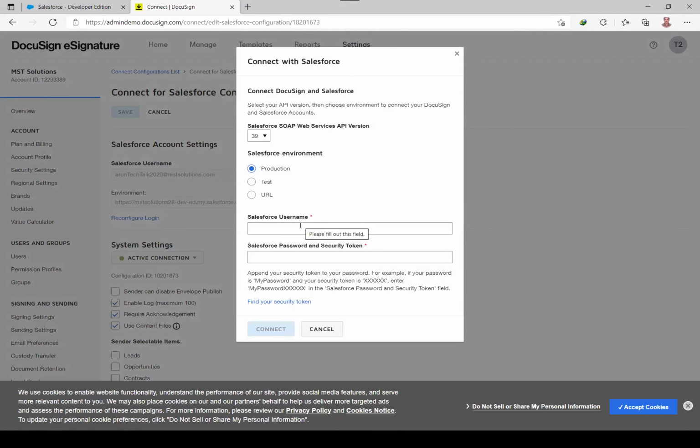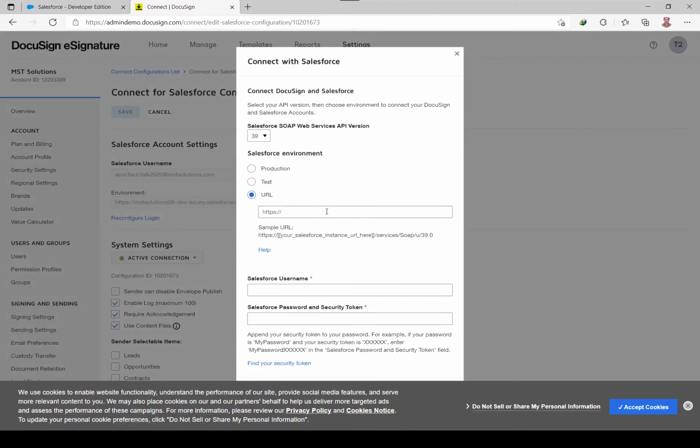Here we need to provide our Salesforce username, followed by the password appended with the security token. If you are using a developer org, we need to make sure to provide the login URL appended with the services SOAP piece of code over there. And we need to make sure that we have an updated security token. Once you provide the credentials, select connect.